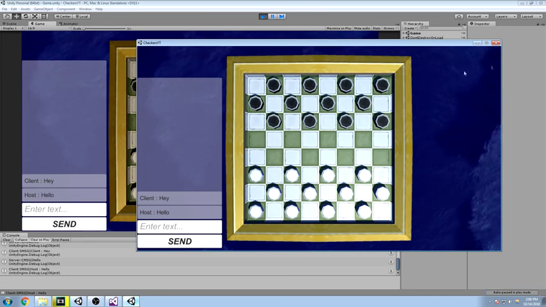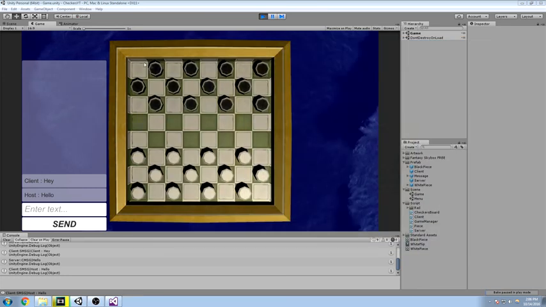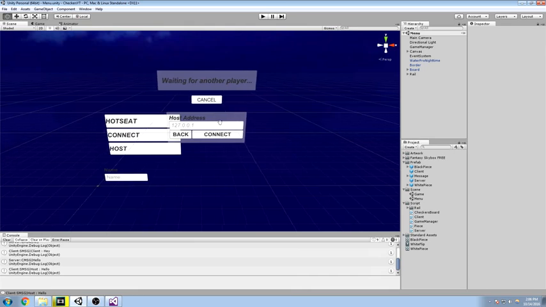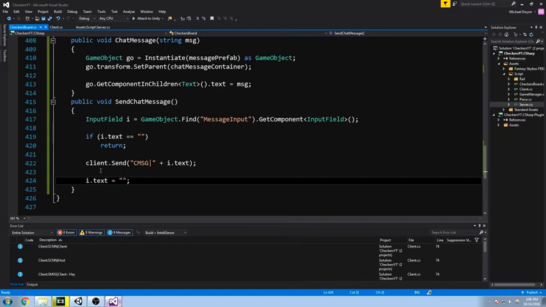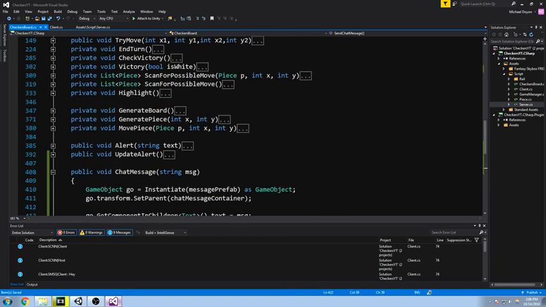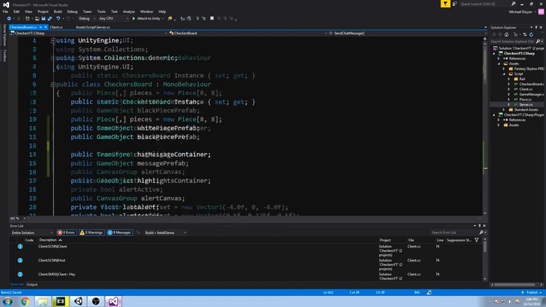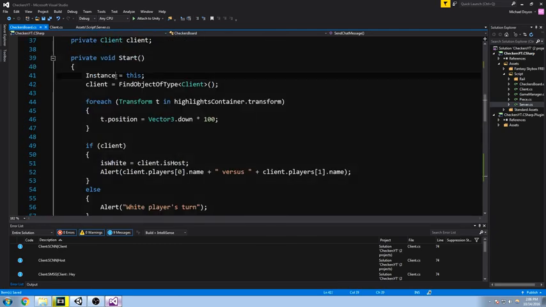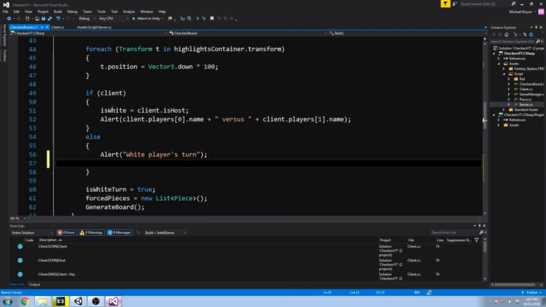It's working quite well. Now, what I mentioned earlier is that we need to make sure that we are in the multiplayer when we actually use the chat, because if we're not in multiplayer, we're going to have a problem when we come down to this line here. We're going to try and send something, but there's no client and there's no server. So what we're going to be doing is in the start, where is the start? Here it is. In the start, we're going to disable these things if there is no client. So we have something here, if client, we'll just use the same exact condition. If client does not exist, so if client, and then we're in the else statement, if it does not exist,